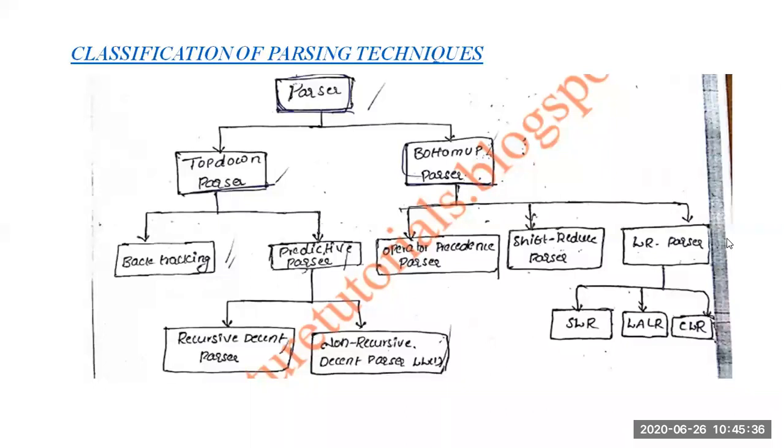So already we know what a parser is. A parser will take the sequence of tokens and verify whether the sequence of tokens is as per the syntax of the programming language or not. And when we come to the parser, already we know two issues are there. The first issue is specification of syntax. How to specify the syntax?